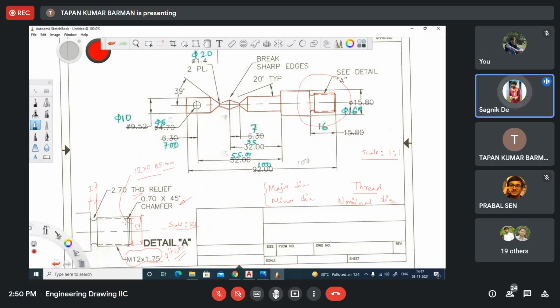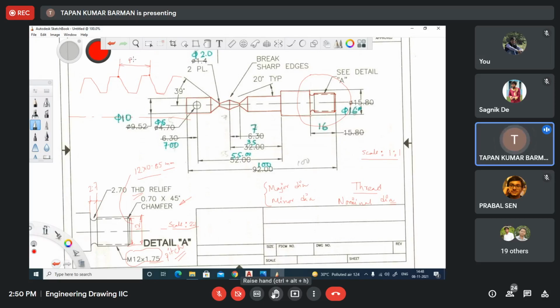Sir, pitch means center to center distance, na? No, no. Basically, in thread, it's not like this. Your thread may be like this. Understand? If you see one bolt or say one nut, you will find this type of helical grooves are there. Say this is the center line of this thing. Pitch is basically, if I consider this point corresponding or next corresponding point in the next thread, this axial distance is basically called pitch.